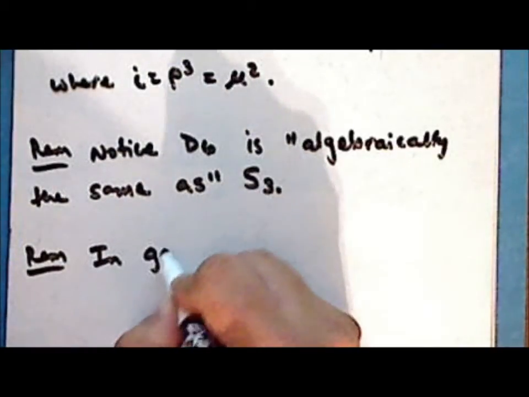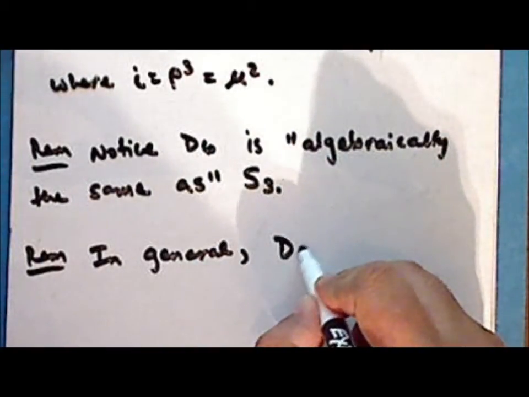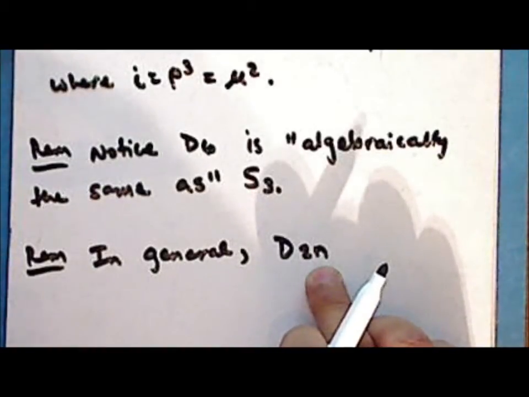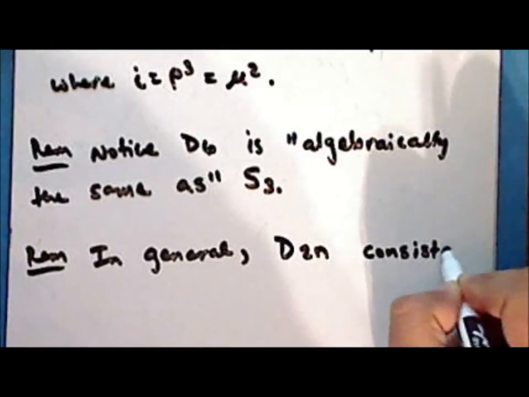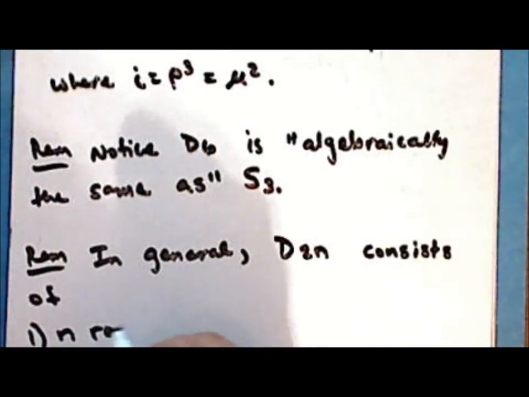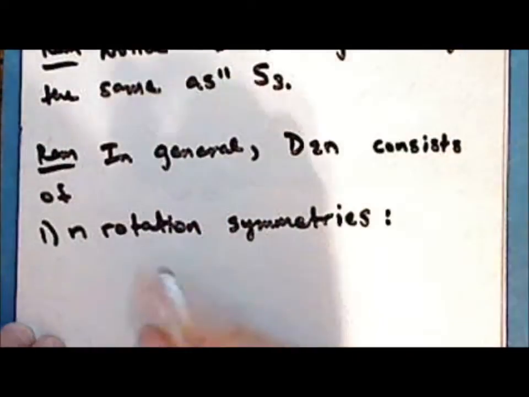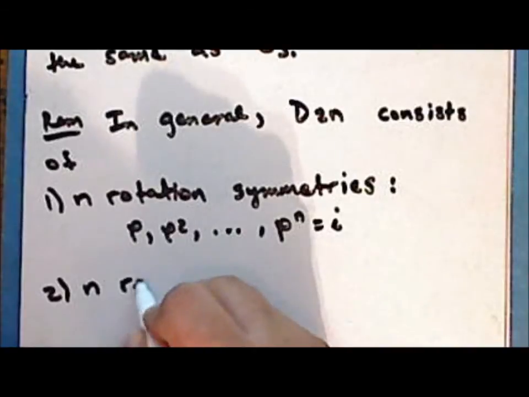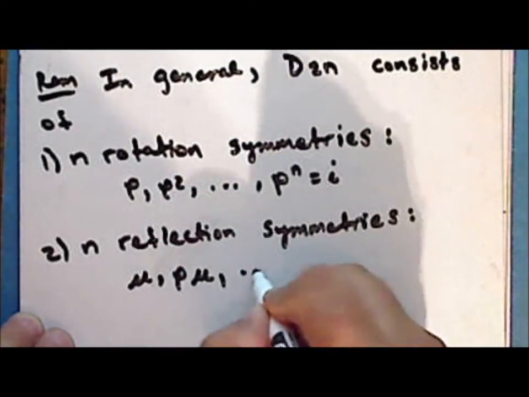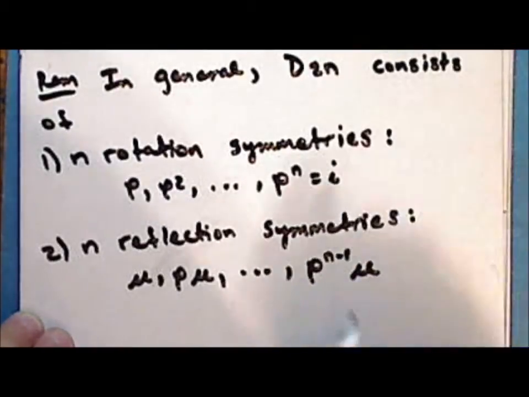So in general, the dihedral group of order 2n consists of n rotation symmetries, rho through rho to the power of n, which is the same as the identity, and n reflection symmetries, which is mu, rho times mu, through rho to the power of n minus 1 times mu, where